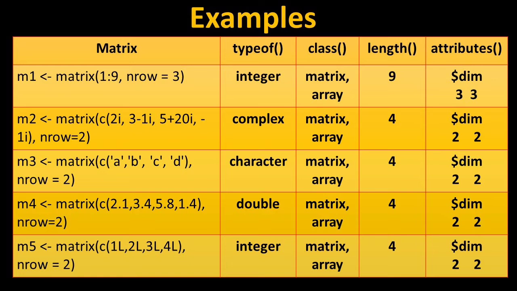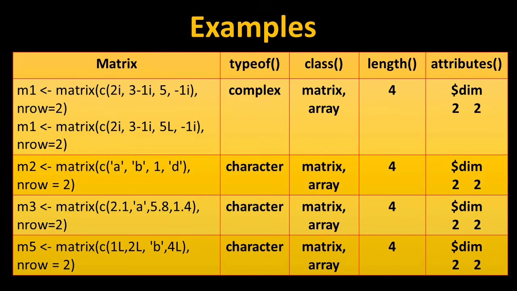So till now I have explained 5 examples in which all the elements of matrix had the same data type. Now I will explain some examples in which the matrix will have elements of different data types. Suppose we have created M1 matrix using matrix function, and we have stored complex numbers with the help of vector and given the instruction to create a 2 by 2 matrix. So the type of M1 would be complex. Class would be matrix and array. Length will return 4 as it has 4 elements, and attributes will tell us the dimensions,